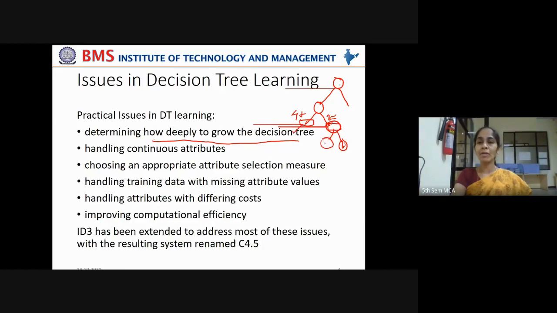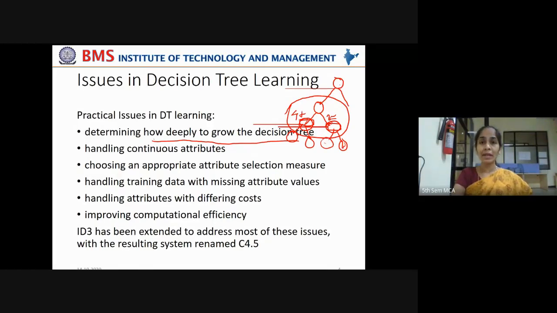And in this, all will be classified as positive examples, and no training examples will be classified as negative examples. You are trying to select such an attribute here as the split point. What is happening here? You can actually stop here because you are almost near pure classification, 4 and 2.